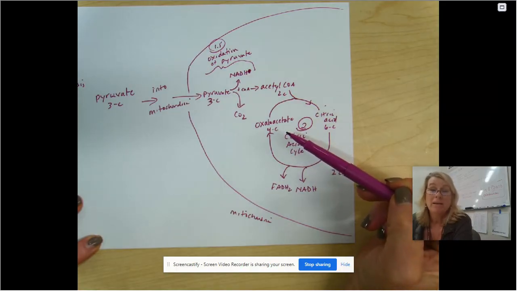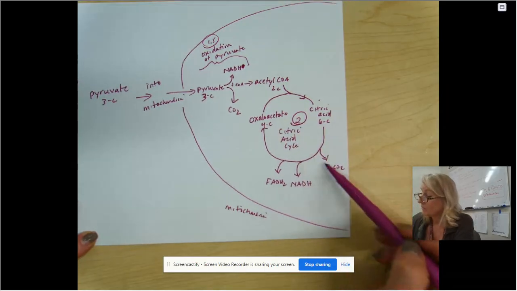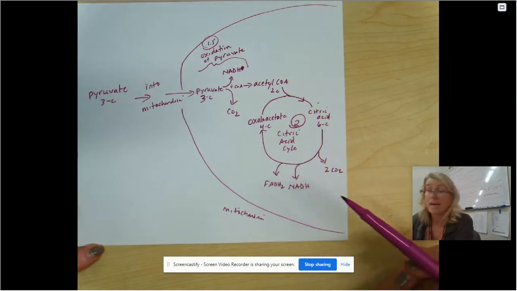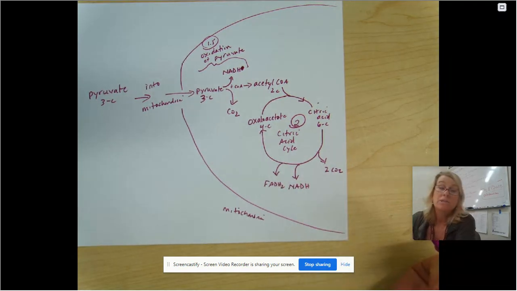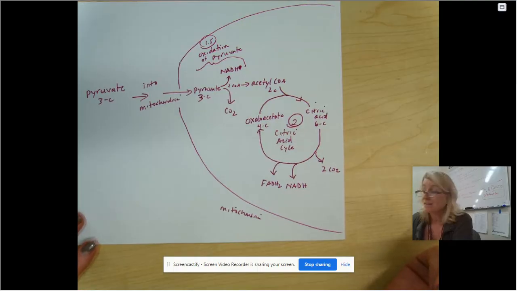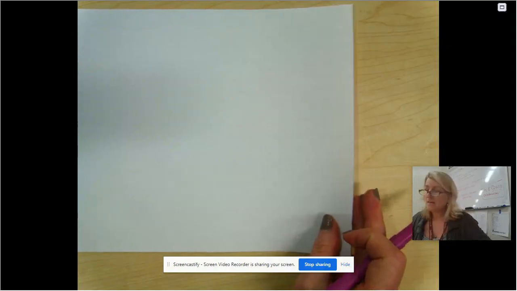What do you need to know? That in order to get back to 4-carbon oxaloacetate, we have to get rid of some carbon dioxide, and we're going to oxidize these molecules by creating our electron carriers and reducing NAD plus and FAD to NADH and FADH2. That is step 2. So step 3